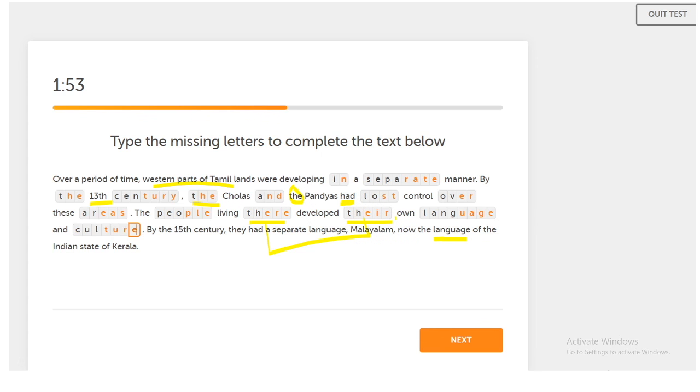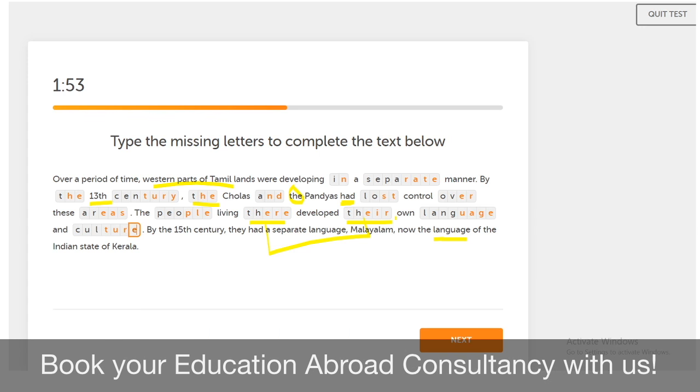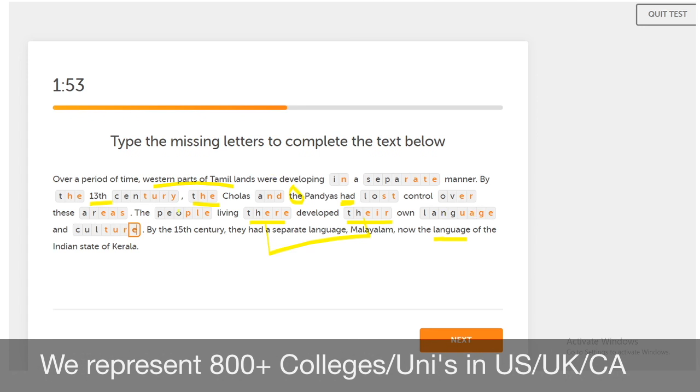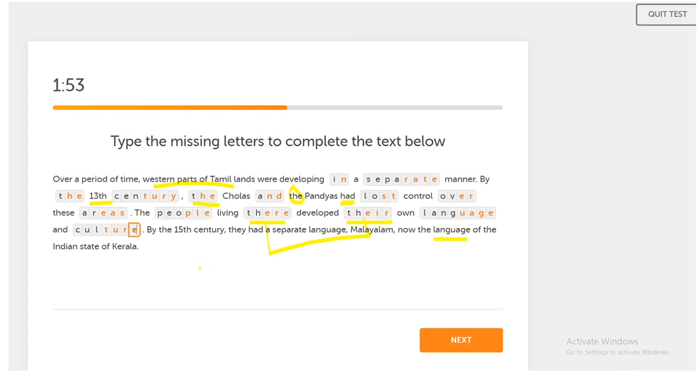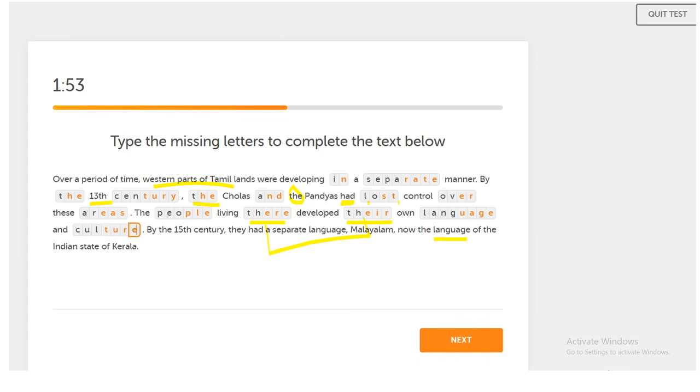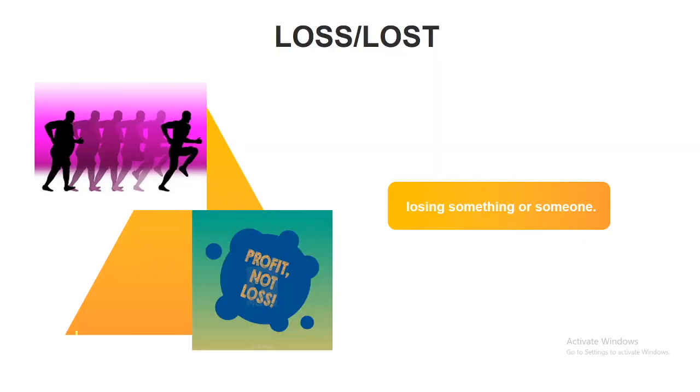So don't worry, we'll be discussing all these in detail. I just wanted to show you that some of the words, like "the" here, and "language", and "people", are pretty obvious words. No one should get these incorrect. Apart from that, the tricky words are "there" and "their", and this could also be tricky, whether we should write lost, loss, or lose, what should be written here. Apart from that, I guess most of you can manage all the words properly. So, let's move on and understand each and every word.